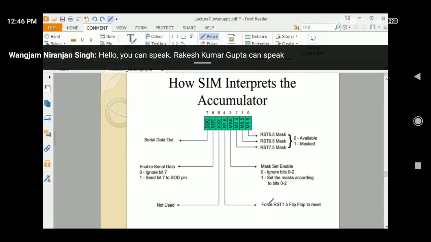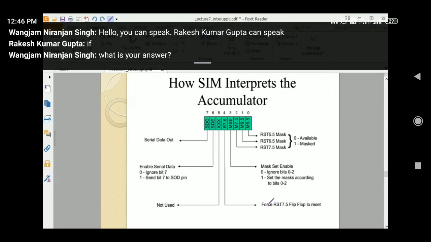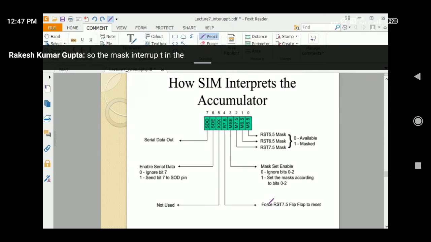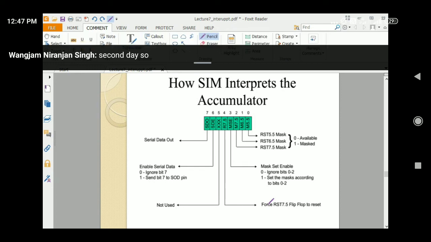Yes, sir. What is your answer? Sir, the mask interrupt is in the second bit. So I am going to enable the mask interrupt.